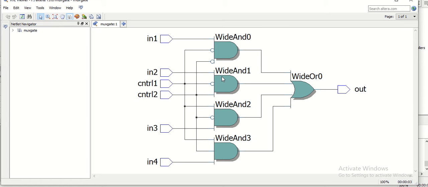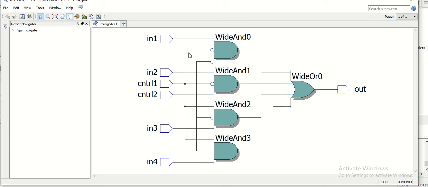Now here is the circuit diagram on your screen. It is exactly the same as the one I showed you earlier, so we can verify it. For this AND gate we have input 1 and NOT of control 1 and NOT of control 2.